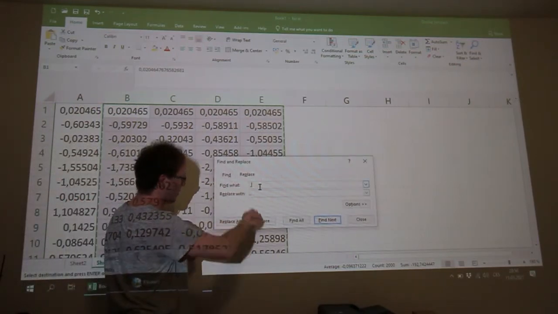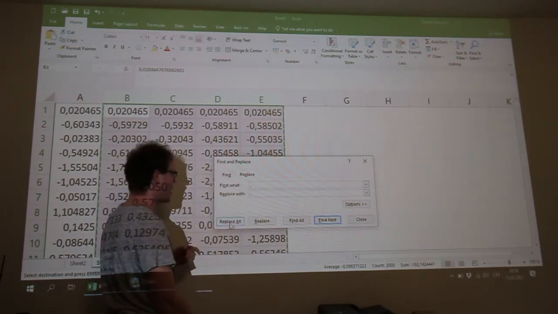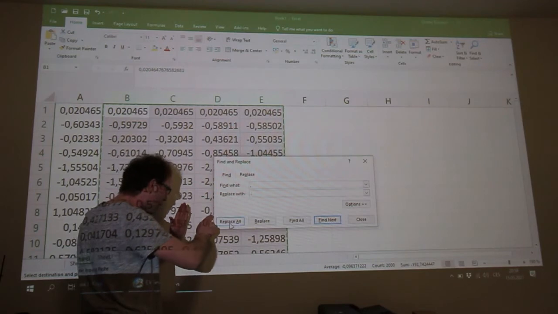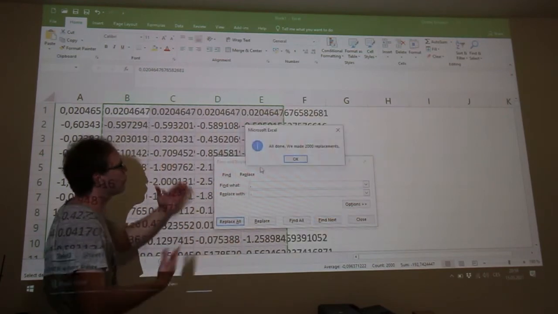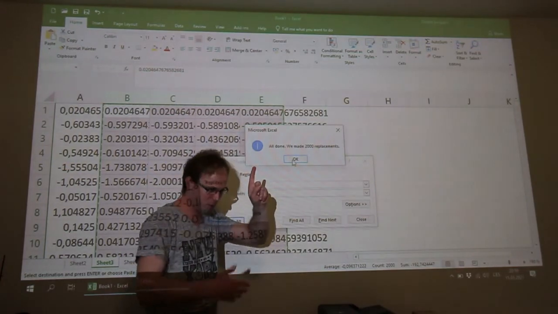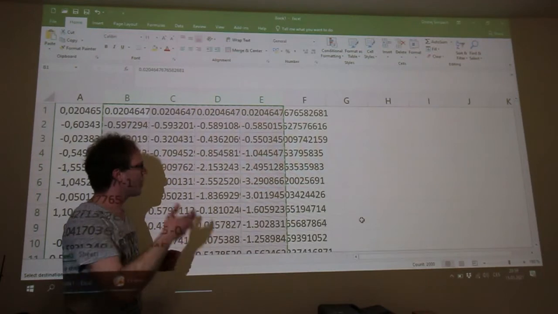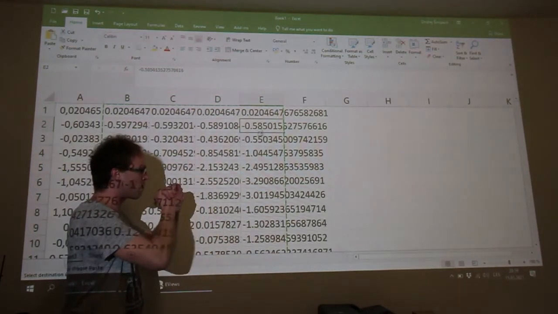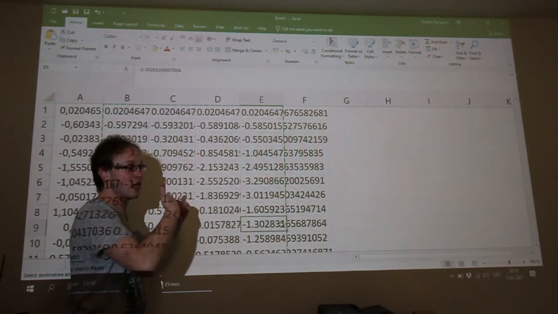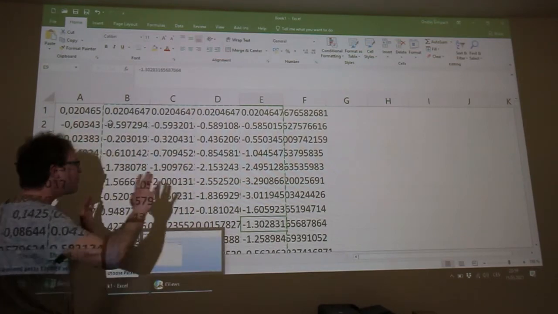We must find commas and replace with dots. We will click on replace all, and you will see all done. We made 2000 replacements because we have 4 times 500 values, which will be placed in EViews software.